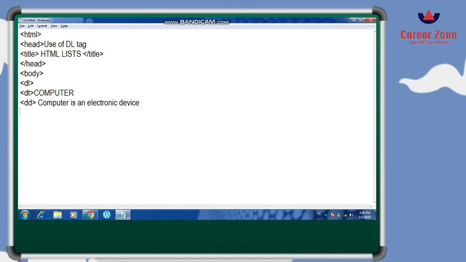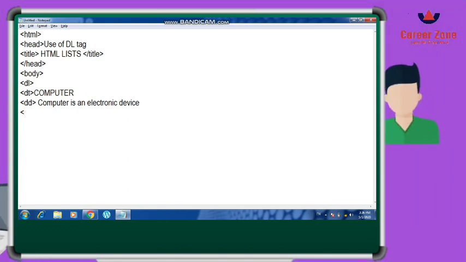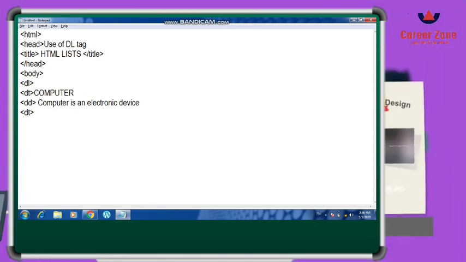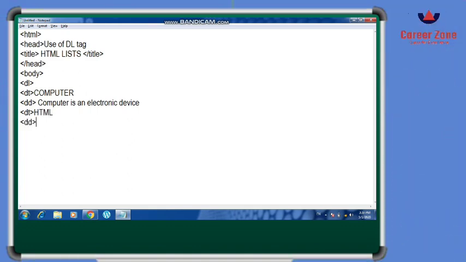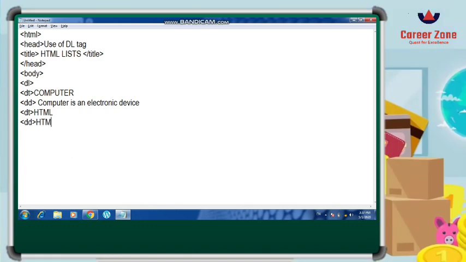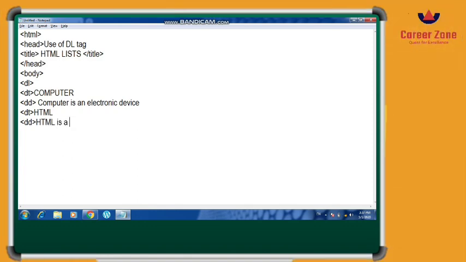And let me write again the definition data. Let's write HTML and then DT. HTML is markup language. Closing the definition list, and then body closed, then HTML closed.